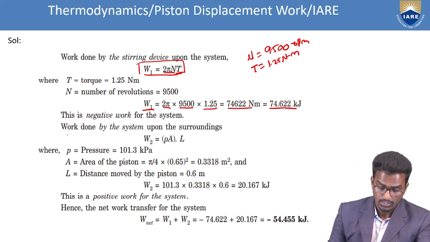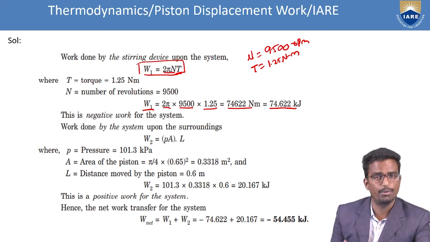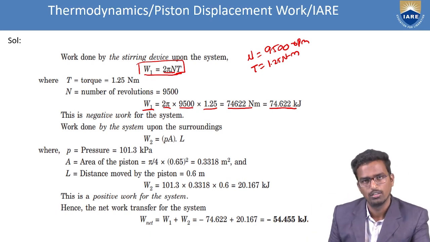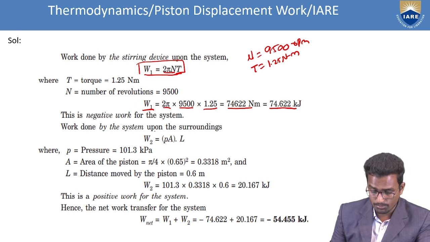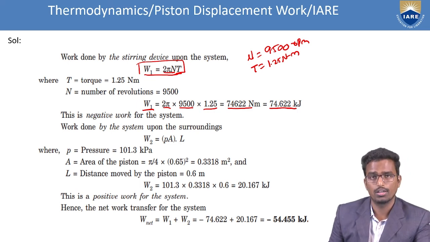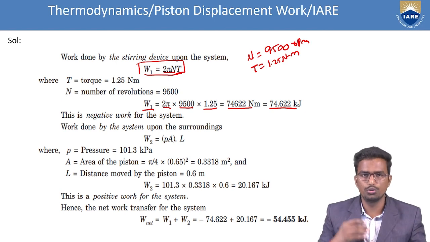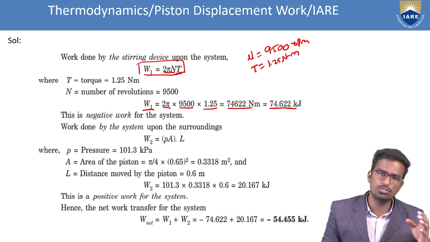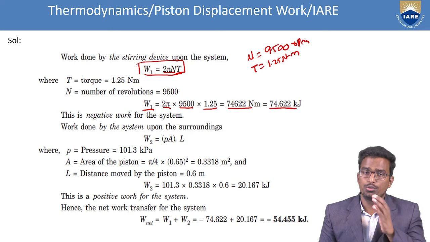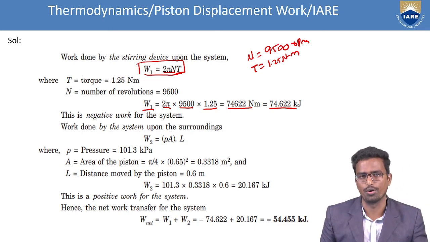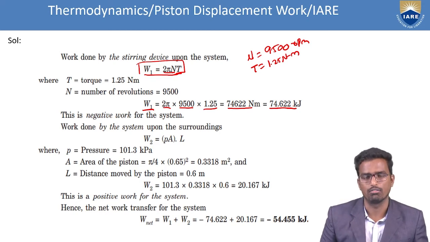Okay, next. Second, this is one case, right? Because you are supplying some torque, it is happening there. But because of doing this, a piston displacement will happen. So consider the work done by the system upon the surroundings. How is it doing? Because the steering device is rotated inside, due to that rotation, the piston is moved somewhat outward. So due to the outward motion of the piston, some amount of work is done on the surroundings. How much work is done on the surroundings, we are going to find out.